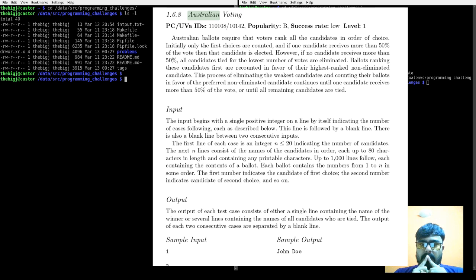Ballots ranking these candidates first are recounted in favor of their highest ranked non-eliminated candidate. First are recounted. I am not